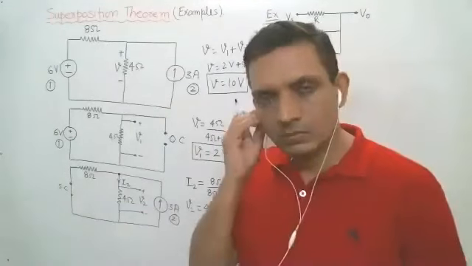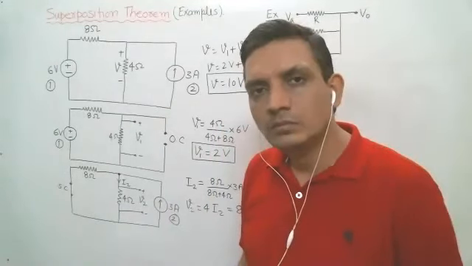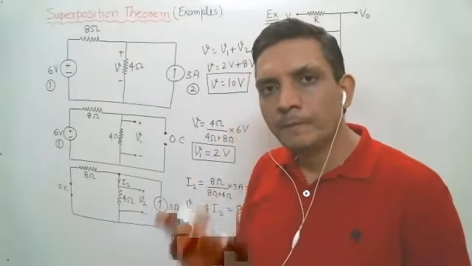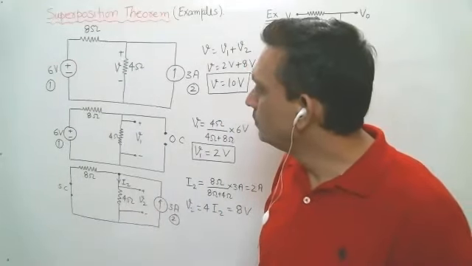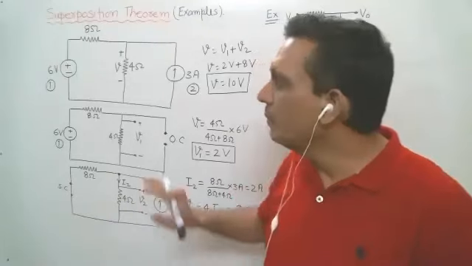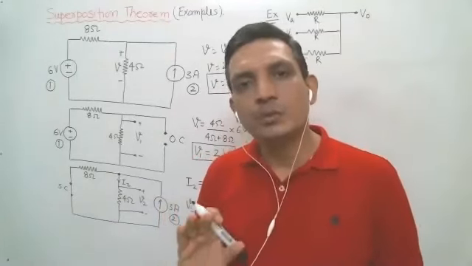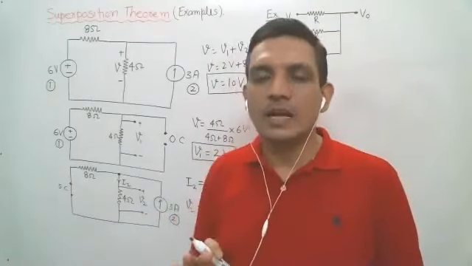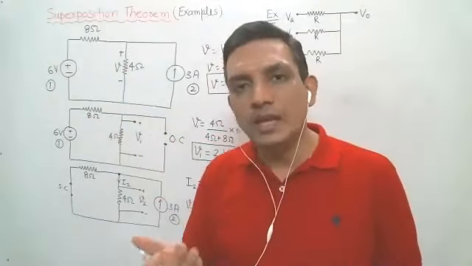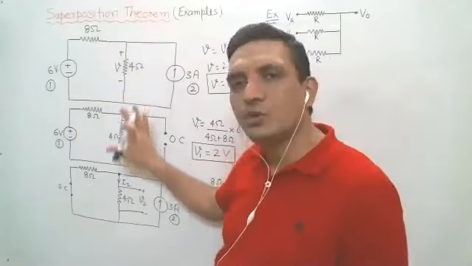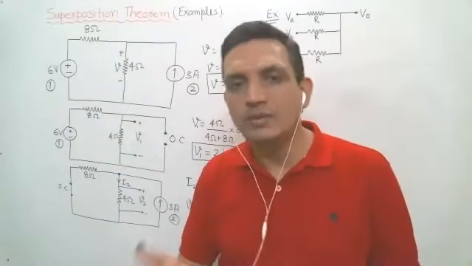Sir, I have a doubt. Can we apply KCL directly on this given loop? Which loop? You can also. I am talking about the application of the superposition theorem. I have already discussed how to solve these loops or networks using KVL and KCL. Now this is the application of superposition. You can also use KVL and KCL.